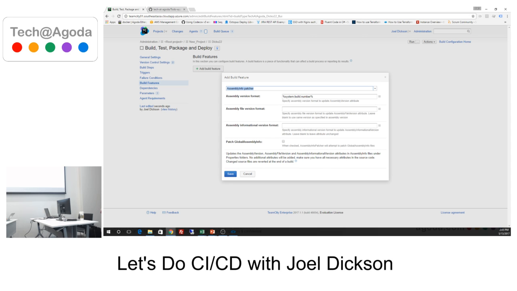So the assembly info patcher, what it does is it will go through all of your source files before your build executes and look for AssemblyInfo.cs files or .vb files if you're unlucky enough to work on VB, and replace the version number in those with the version number that you choose. So what we can do here with that version number parameter that we created, we can put it in here,